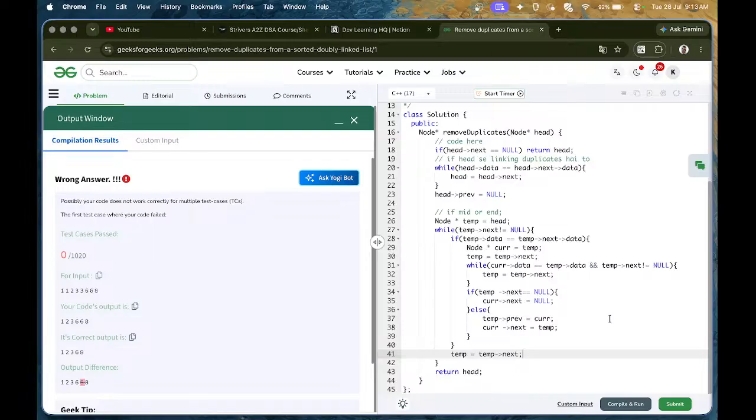नाउ जो करंट का डेटा है वो टेम्प का भी डेटा है। हाँ, और टेम्प का नेक्स्ट इज नॉट इक्वल्स टू नल है। हाँ, तो टेम्प इक्वल्स टू टेम्प का नेक्स्ट। करंट का डेटा है टेम्प का डेटा है। टेम्प का जो नेक्स्ट है क्या वो नल है? तो टेम्प का जो प्रीवियस उसमें डाल दूँगा करंट। टेम्प के प्रीवियस में मैंने डाल दिया करंट और करंट के नेक्स्ट में डाल दिया टेम्प।